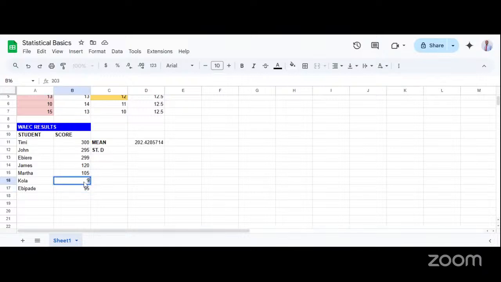Then this other person scored 60. Then this person scored, let's say, 400. This person scored 395 also. Okay, let me also take this down. So this person scored 50. This person scored 77. Then this person scored 320. Okay, let me make it in this context. Let me make it 350. Yes. So take note of these values here.